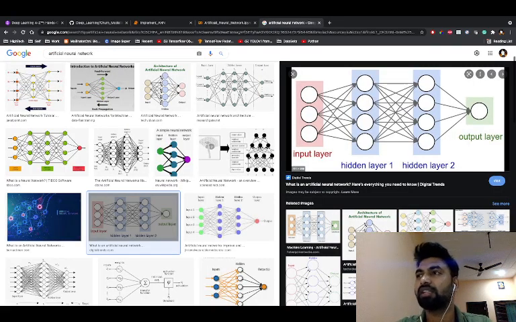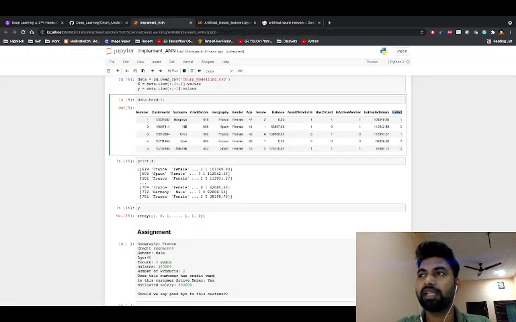So guys, just decide here, how many units do we need to add in the output layer? As I mentioned, in our data set the output is a binary output, right? Whether it says 0 or 1, it's predicting yes or no, yes or no. So only one unit we need to add, right?